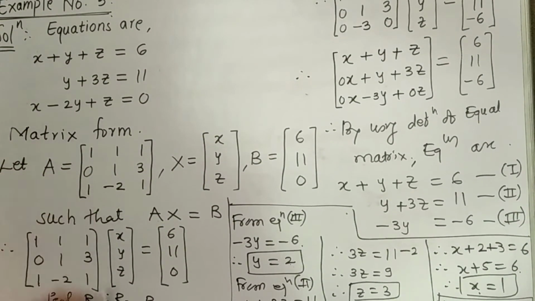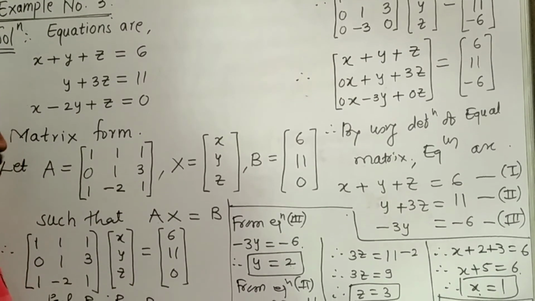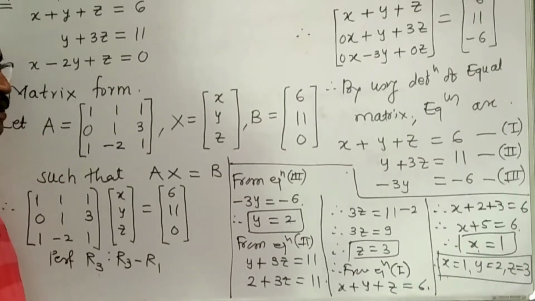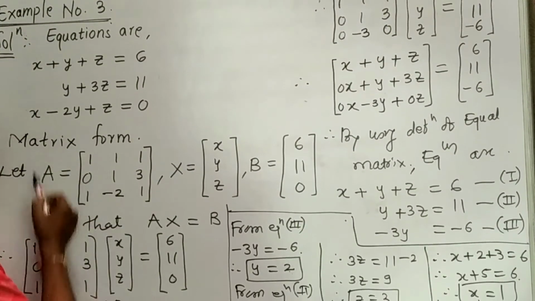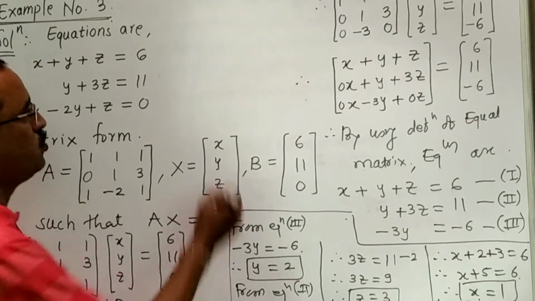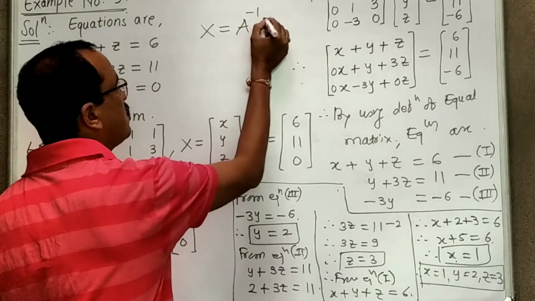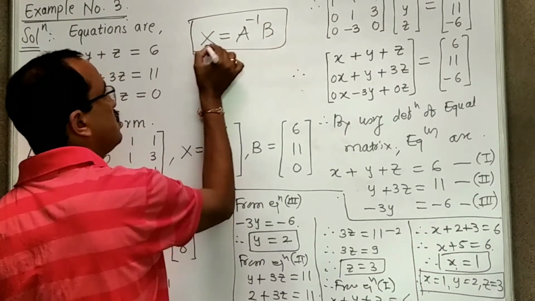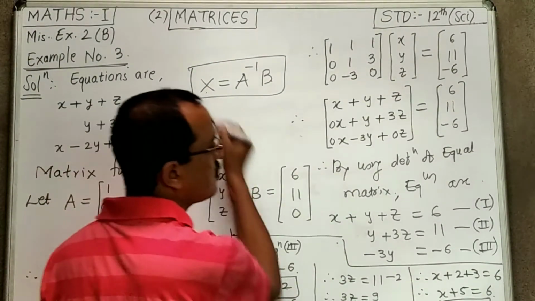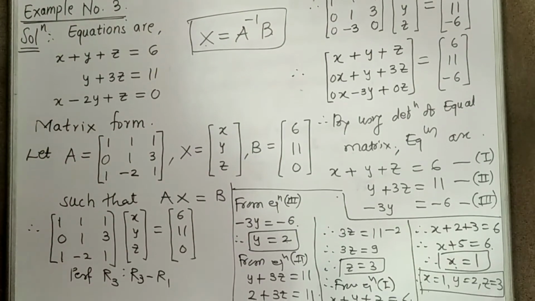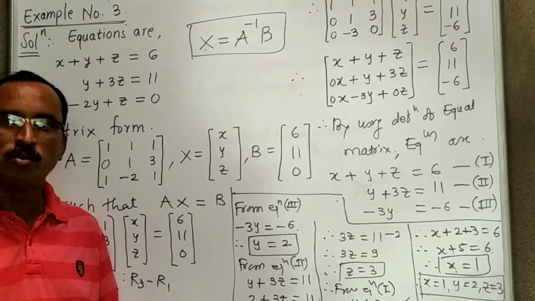In this way, we solve this example by using matrices, by using the reduction method. You can solve this example also by the inversion method. That means, first of all, we find the inverse of matrix A, and then we use the equation. We all know that X is equal to A inverse B. Using this equation, we can find matrix X. That means we get 3 elements of matrix X, x, y, z. In this way, we complete this topic.